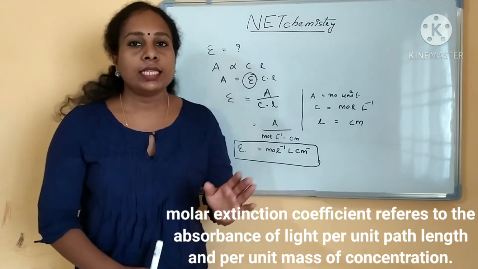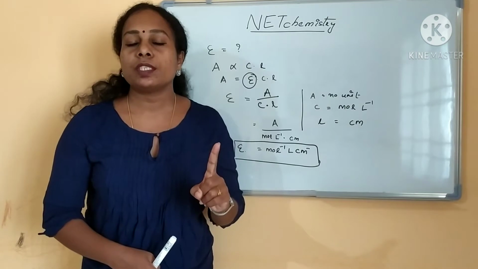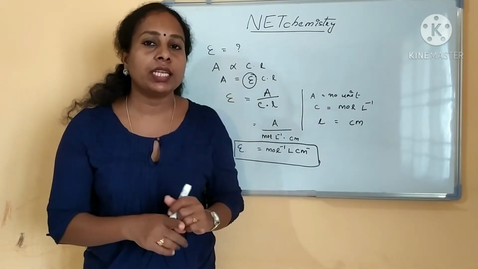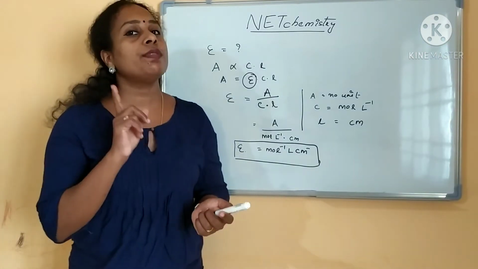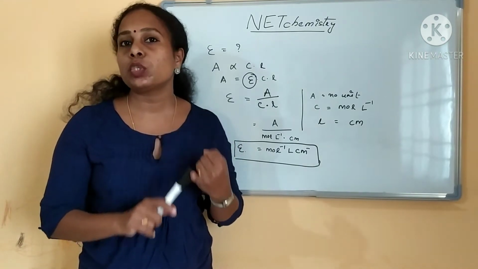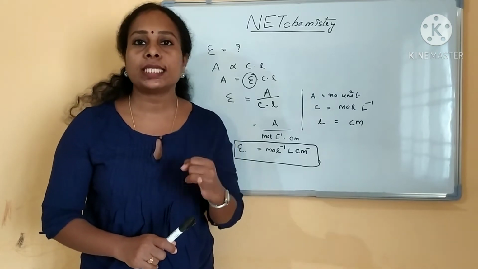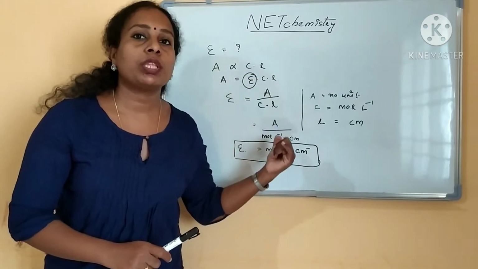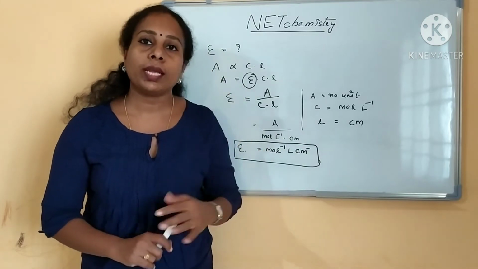Okay, clear? These are the questions you will be getting from UV visible spectroscopy. The range of a UV visible spectrometer is 200 to 800 nanometer. Whichever sample gives you a spectrum in that range can be analyzed using a UV visible spectrometer. It is based on Beer-Lambert's law, which states that absorbance is directly proportional to the concentration and length of the sample cell. From that equation only you have to find out the value and unit of epsilon. Okay, clear?